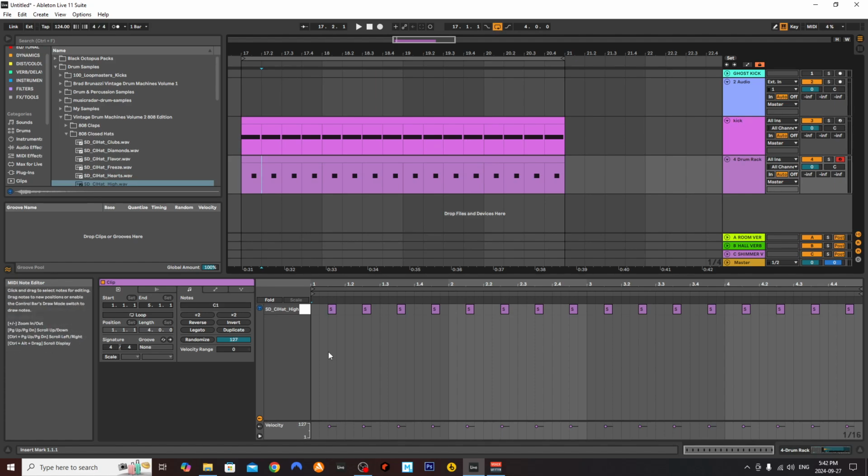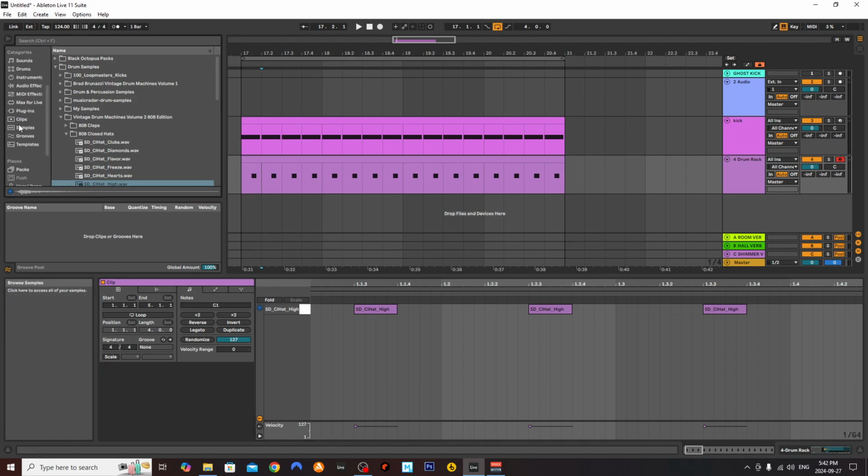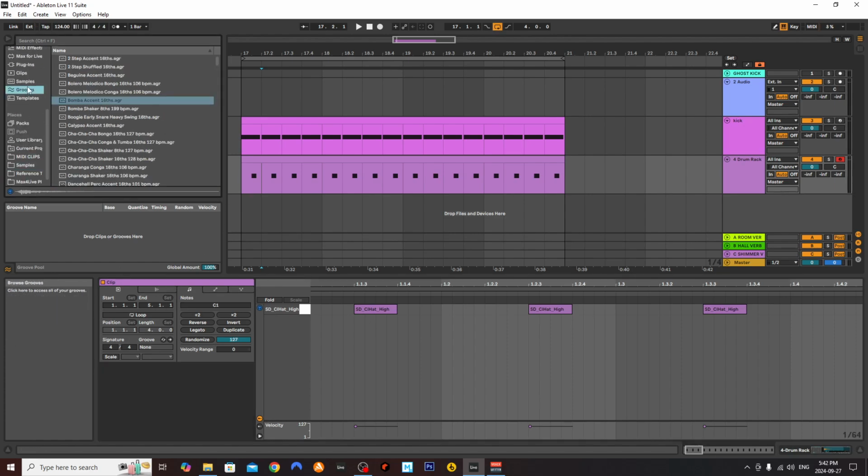So first thing that we can do is program these via the piano roll, or you can play a pattern in with your keyboard, which is something that I like to do a lot because it gives you velocity information, and you're never going to play 100% perfectly in terms of time. So you get a little bit of natural swing that way, and then if your playing sucks, you can quantize it. There's a lot of people who go like, oh, let's just find a groove and throw it in,